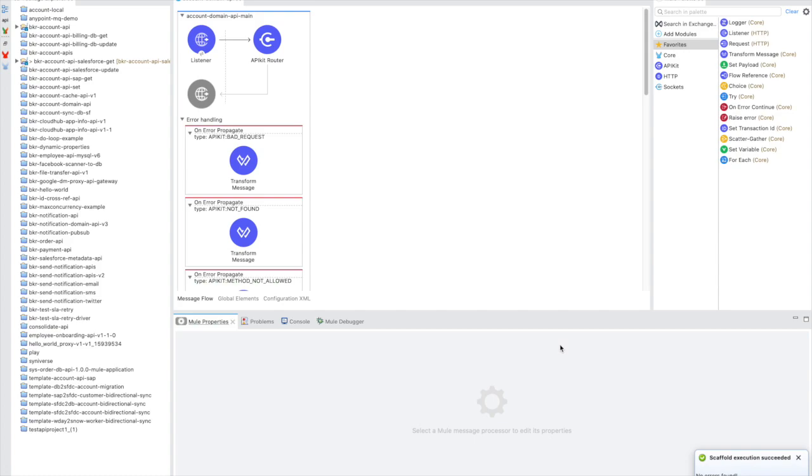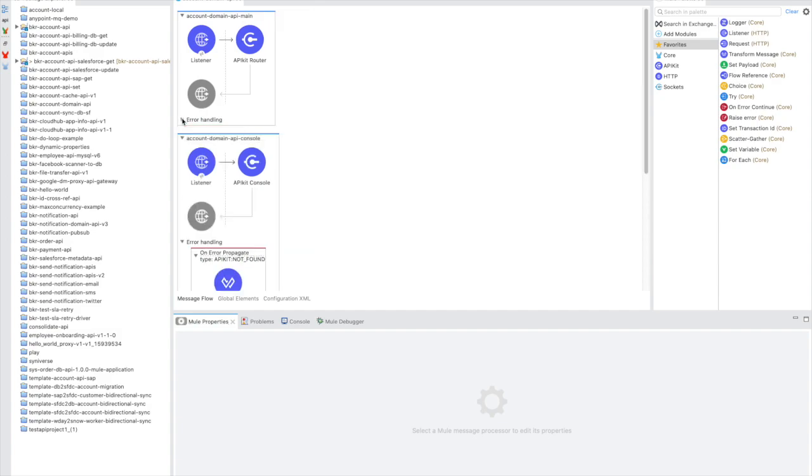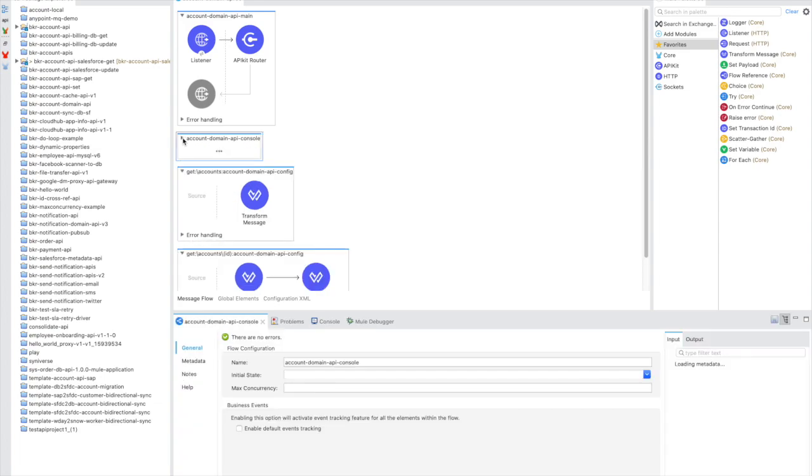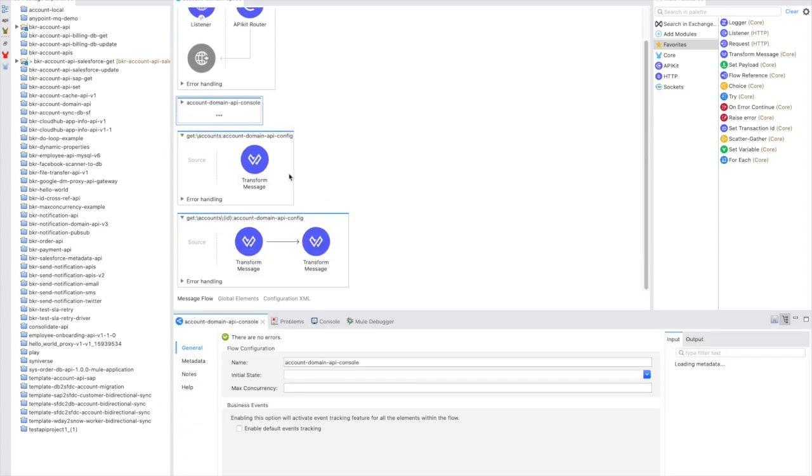So I generated the scaffolding. We can see down here that scaffolding was successful. And what it generated for me is a router that's going to take that incoming request on my HTTP listener and route that to the appropriate method to invoke. We see it also has all the error handling in here that we had defined in the API. It gives me one of those API consoles so that I can actually test it, just like we saw in API Designer and in Exchange, where I can go and use that to test my API. And then what we see is, for each method on each API,